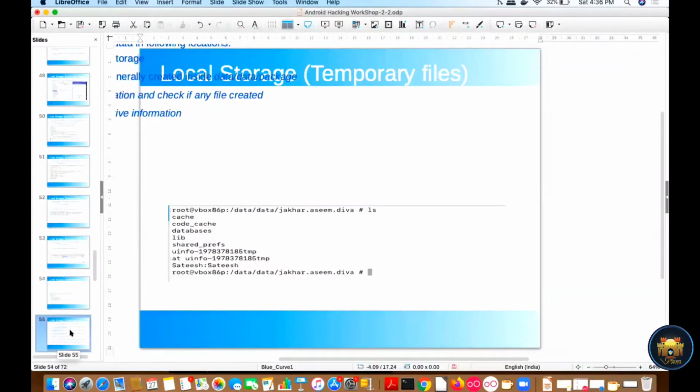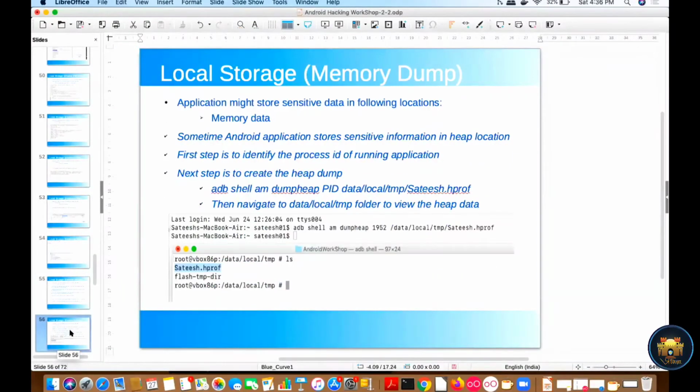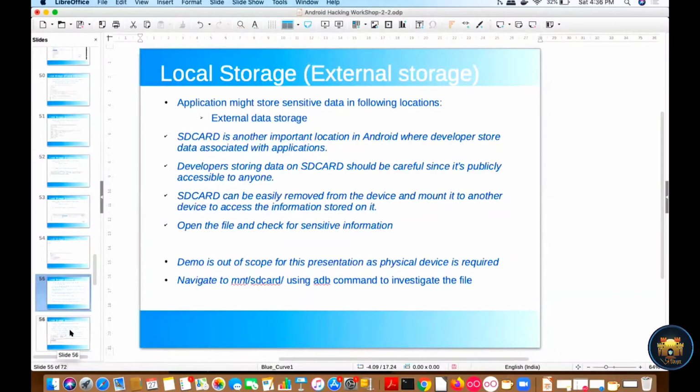Right. So the next one is the external storage. Sometimes an Android application also stores sensitive information on SD cards. The SD card is another location where developers store data associated with applications.